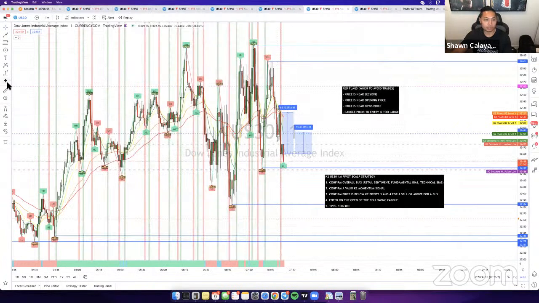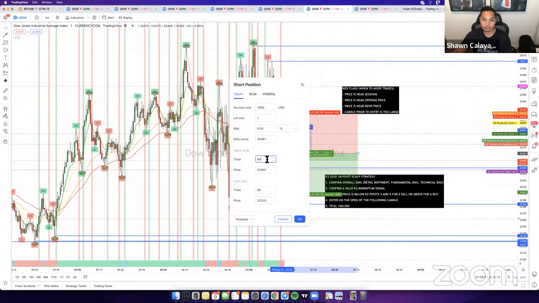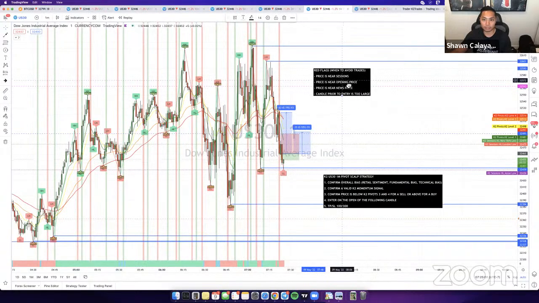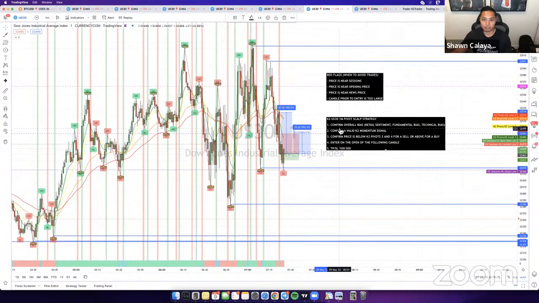So right here, this entry that I was just talking about, you would enter right here, and you already would have hit your full TP right there, right? It's a risky trade, but it's still a valid entry. Everything here does line up. These are just my red flags. You don't have to follow this, but everything else here is met. So first requirement, overall bias is to sell. You confirm the K2 momentum signal, which is right here. Sell signal, it's valid. You confirm that it's below the pivots, which is right here. And you enter right there for a sell, full TP.